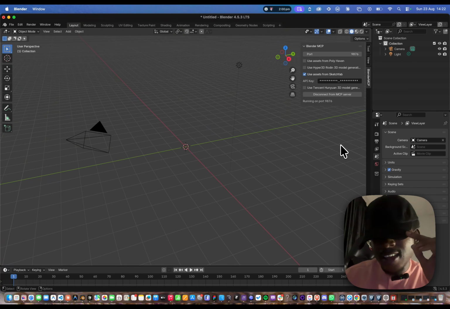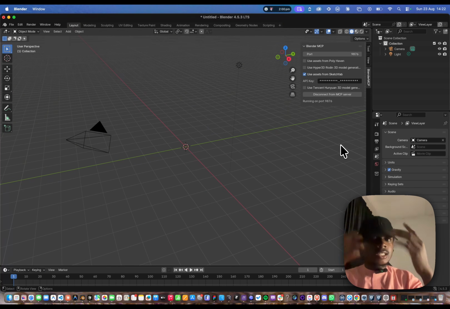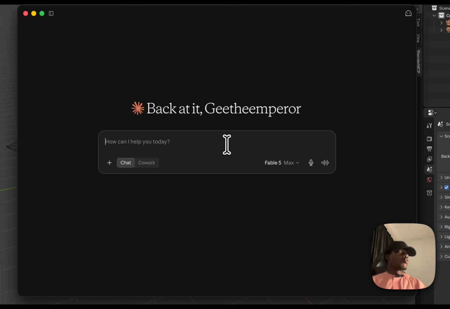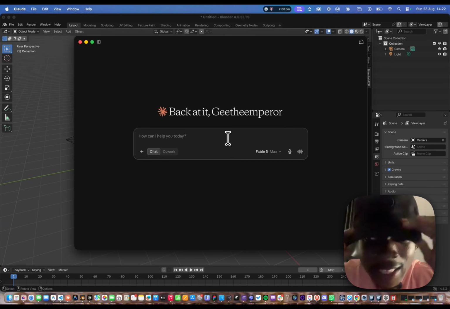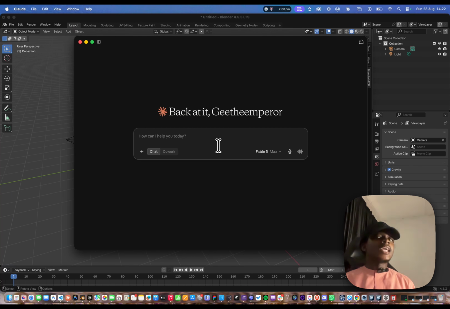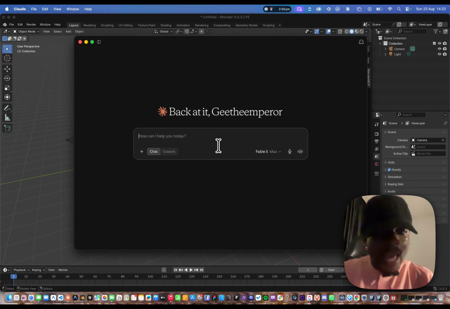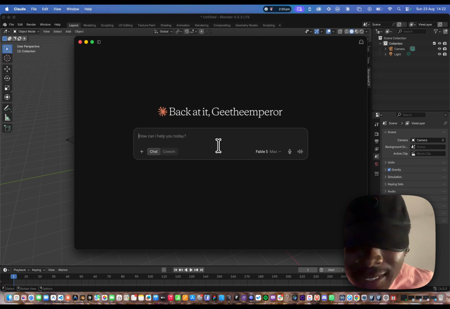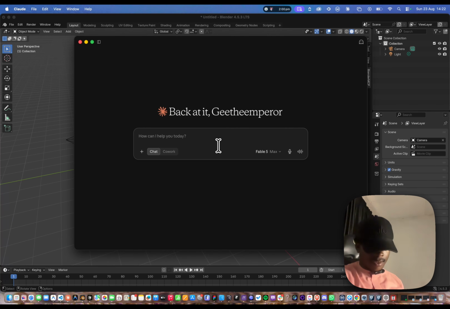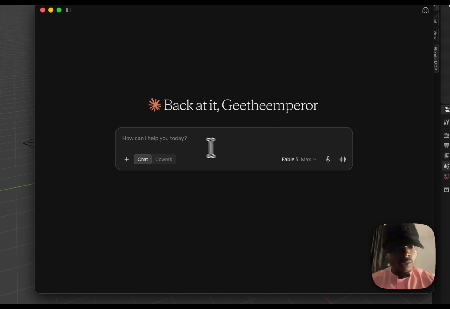Now there are two different ways to do this. You can tell Claude, which we're going to go back to now, to bring in whatever car or whatever 3D assets you need from Sketchfab. Or you can also go to Sketchfab and copy the link of whatever you want, paste it in your Claude, and it will automatically paste in your Blender. That's it. But anyways, let's continue. Let's tell Claude,